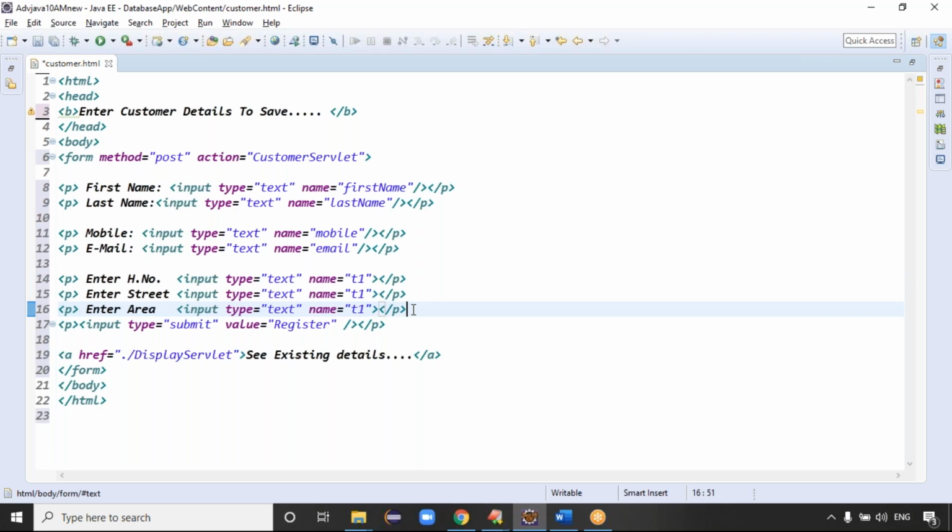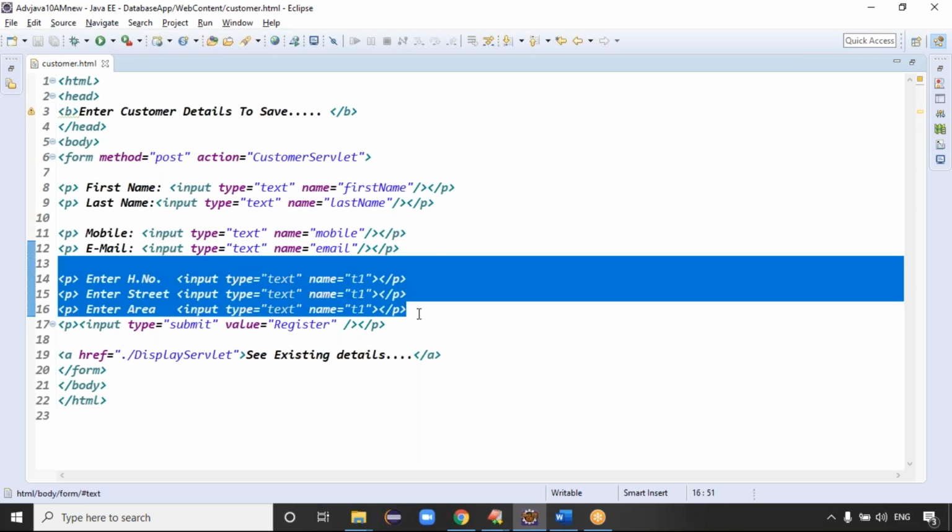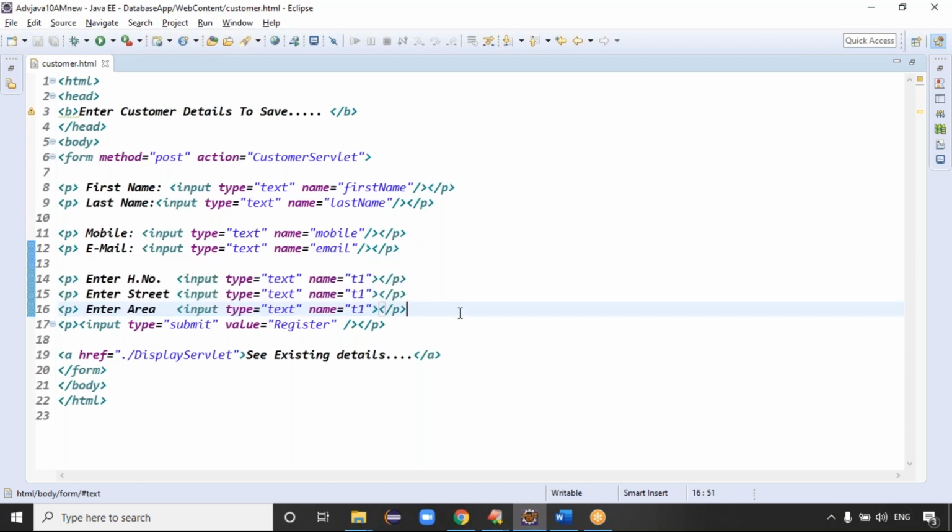The statement is clear. Now my application contains a database table with how many columns? Five columns, right? First name, last name, email, mobile, address. And I decided I want to mix these three text fields into one column. That's why you can take the three logical names the same. Multiple times you are mixing multiple text fields into one column. That's why the multiple text field logical names must be the same, right?